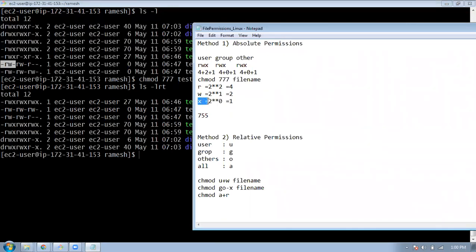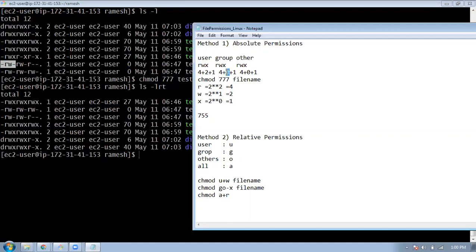Execute represents 2 power 0, that is 1. You can make use of this combination and set your own permissions for your files as per requirement. Suppose I need full permissions for the user, I need read, write, and execute. That is 4 plus 2 plus 1, that is 7.